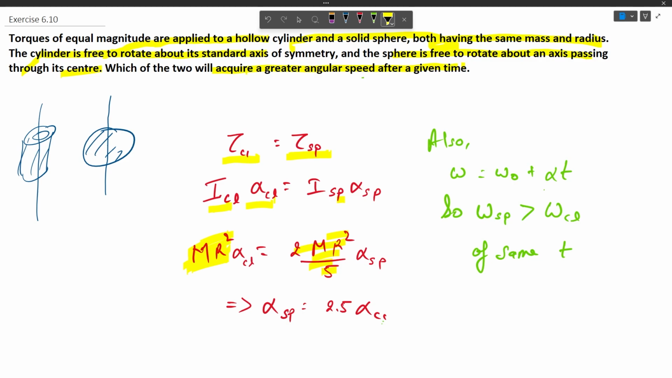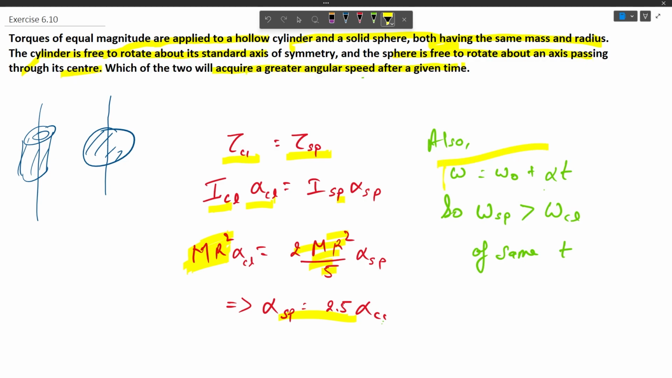So we can see intuitively also that if you have the same force and the mass is less, then obviously you will have more acceleration. It is the same case here. Like the cylinder is having a mass, let us assume, of A, then the sphere is having a mass of 0.4 A. So obviously the mass of the sphere is less, that's why the angular acceleration for the sphere is also going to be higher. Now since acceleration is going to be higher, the angular speed achieved by the sphere will also be higher,